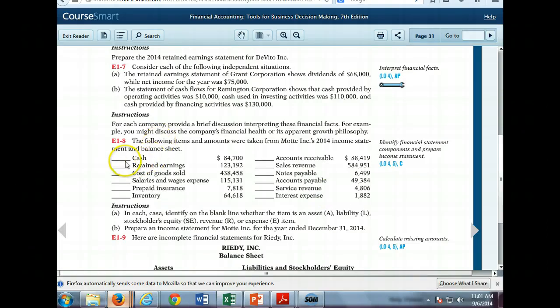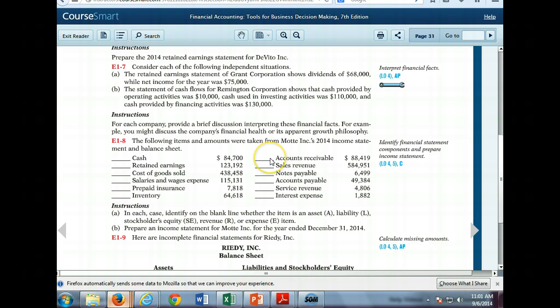How about cash? Asset. Retained earnings. The stockholders' equity section. Cost of goods sold, expense. Salaries and wages, prepaid insurance,